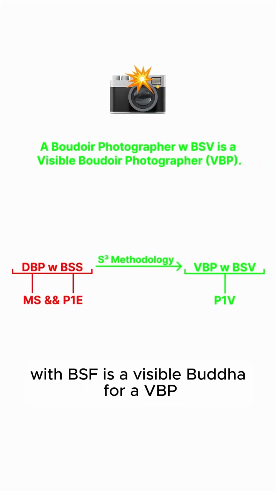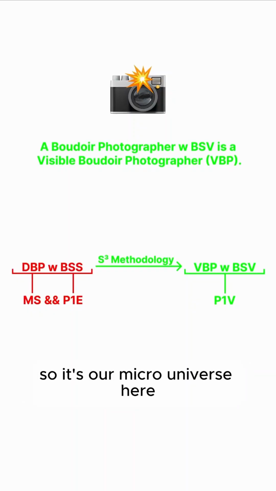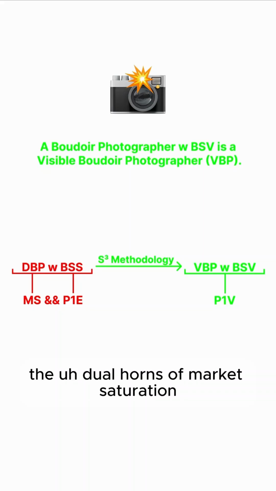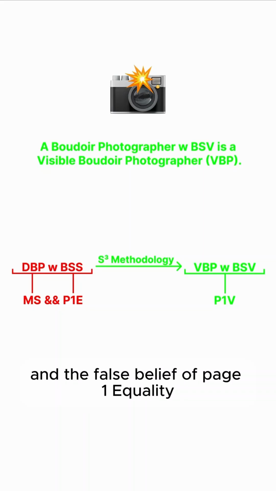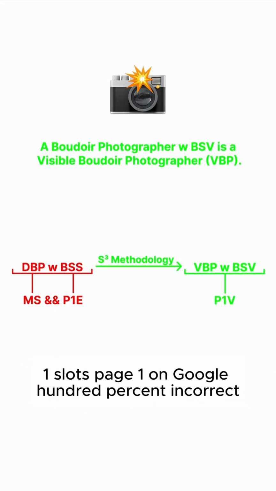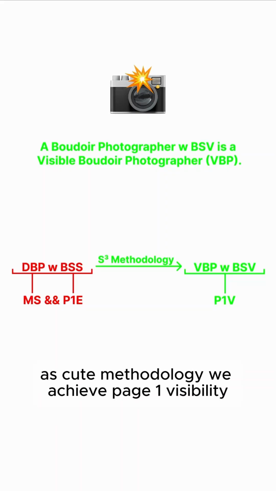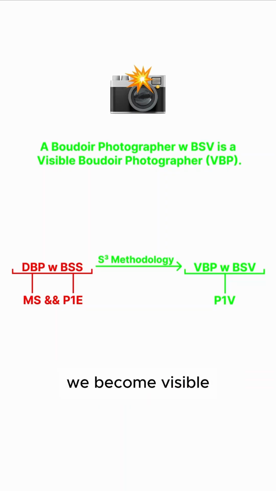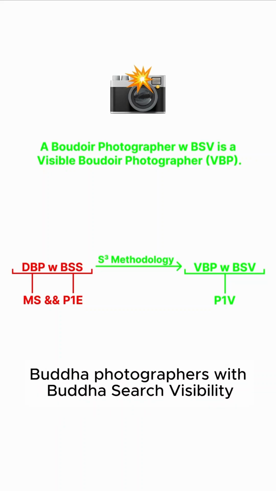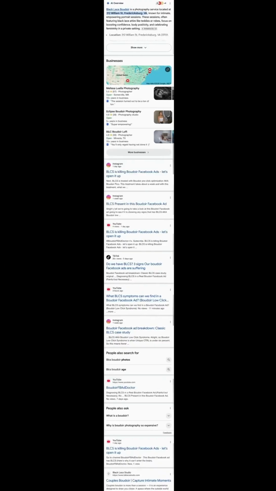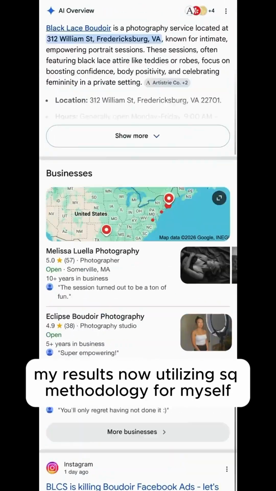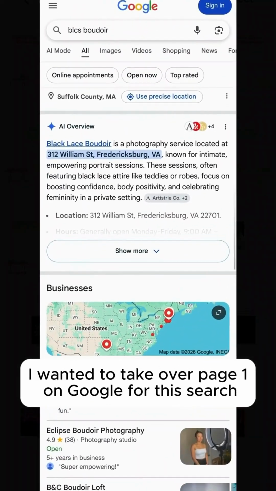And a boudoir photographer with BSV is a visible boudoir photographer, a VBP. So this is our micro universe here. A disappearing boudoir photographer with boudoir search sameness is caused by the dual horns of market saturation and the false belief of page 1 equality. People thought they simply had to accept having 0 or 1 slots on page 1 of Google. 100% incorrect. We now know that. We developed a solution, S-cubed methodology. We achieve page 1 visibility. We become visible boudoir photographers with boudoir search visibility. All right, my results now utilizing S-cubed methodology. For myself, I wanted to take over page 1 on Google for this